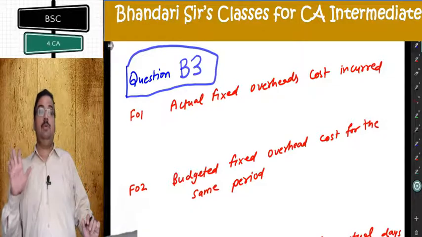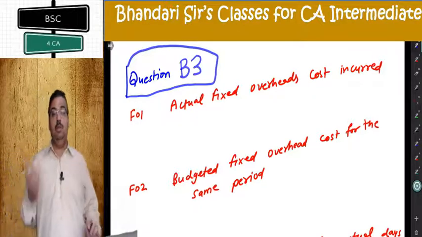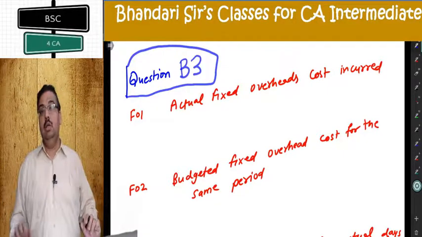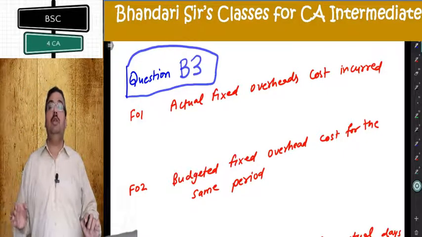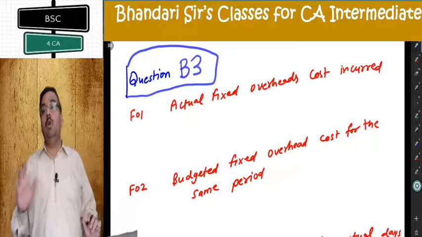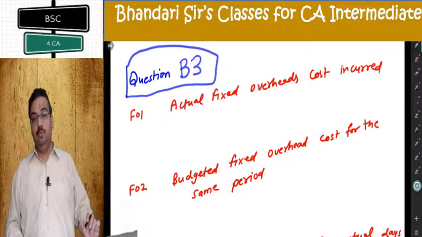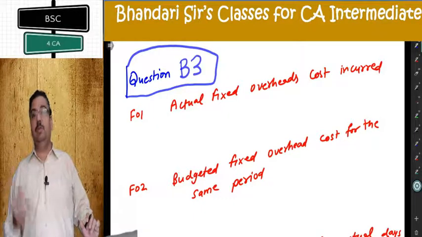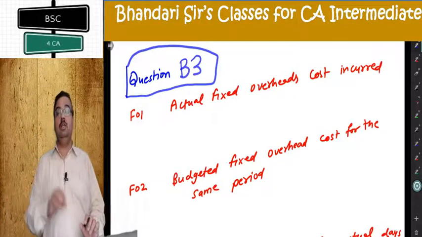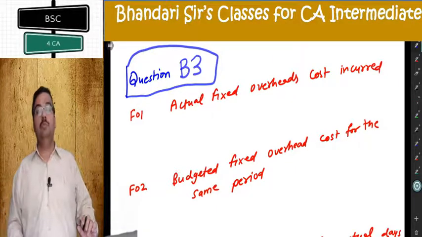Having got the 5 steps, we make a table. Fixed overhead cost variance on the top, FO5 minus FO1. Left hand side, fixed overhead expenditure variance, FO2 minus FO1. Right hand side, fixed overhead volume variance, FO5 minus FO2. Under that, 3 categories: fixed overhead calendar variance, FO3 minus FO2. Fixed overhead capacity variance, FO4 minus FO3. And fixed overhead efficiency variance, FO5 minus FO4.